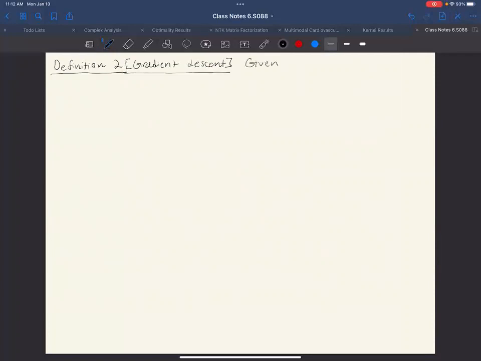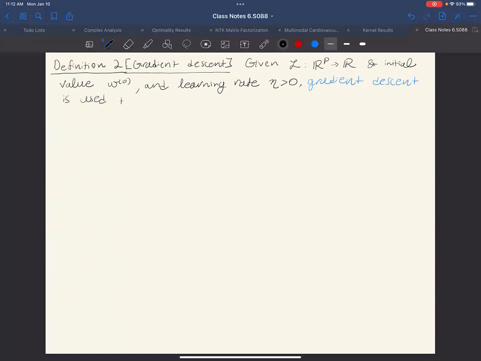So given this loss function from R^d to R, or some set of parameters P to R, an initial value w_0, and a learning rate eta, which is greater than 0, gradient descent is used to minimize the loss